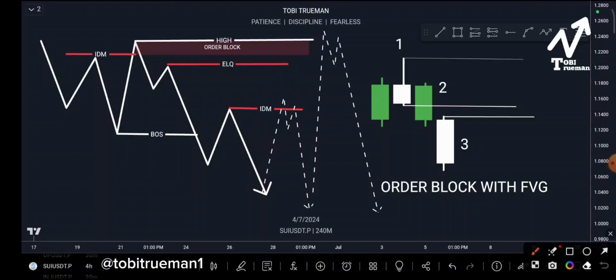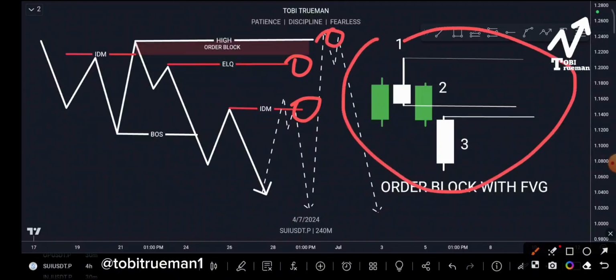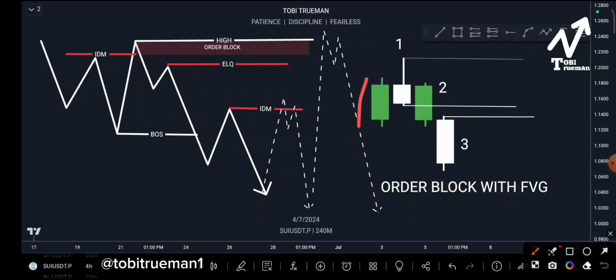Now what if at each of these points 1, 2, and 3, price gives us this type of structure, this type of pattern to enter? Now this signal, we label it the first candle, then the middle candle is our number 1 candle, number 2 candle, and then number 3 candle. We can see that in between number 2 candle and number 3 candle, there's a fair value gap. If you don't understand the fair value gap, please watch the video. So between this fair value gap, that is the thing that is even bringing price, that is going to drop price to this other block.